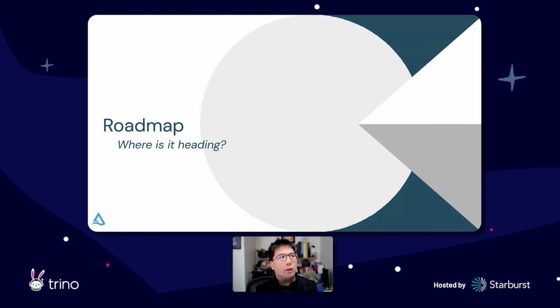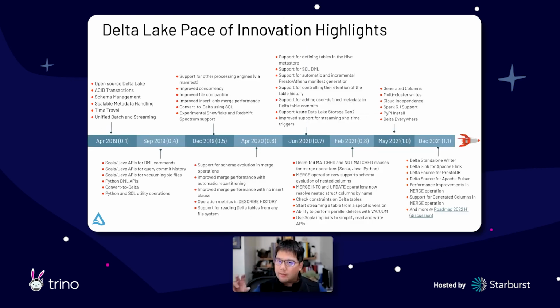Okay. So with the few minutes I have left, I want to talk a little bit about the roadmap. Delta Lake has a very fast pace of innovation. So this is a massive screen, which I'm not going to go through, but it has a lot of innovations that have happened since it's been 2 years since we open sourced the project. Okay, so we're actually coming up to April. Actually, we're already in April 2022. As part of Summit, we're going to be having a big splash talking about our 3-year anniversary of open sourcing Delta Lake, which is great. So there's a lot of innovations, as you can see from here.